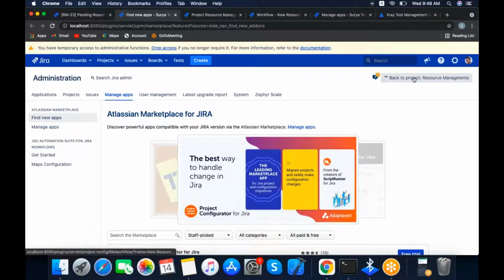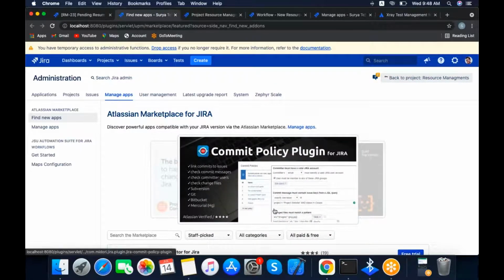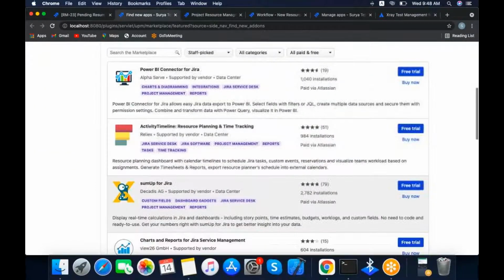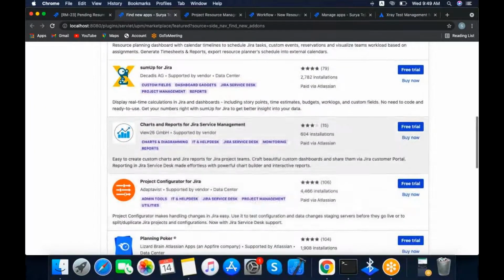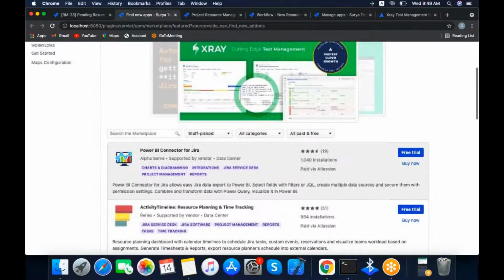Whenever you click on Manage apps, there is an option where you will see whatever the Atlassian Marketplace has, all the add-ons that are available.